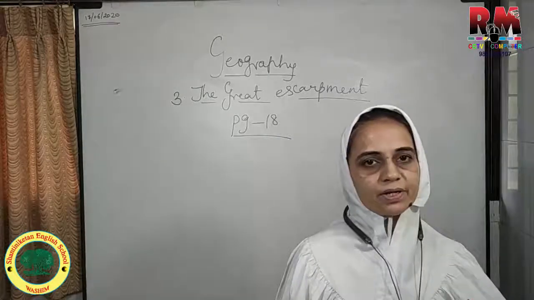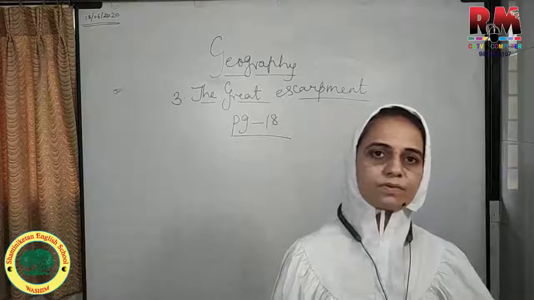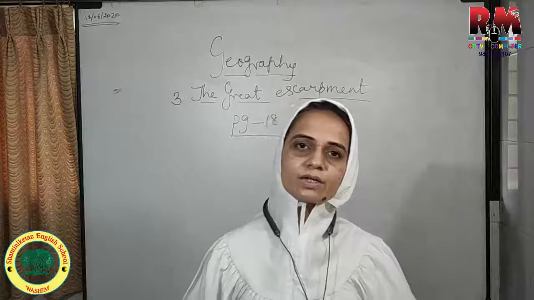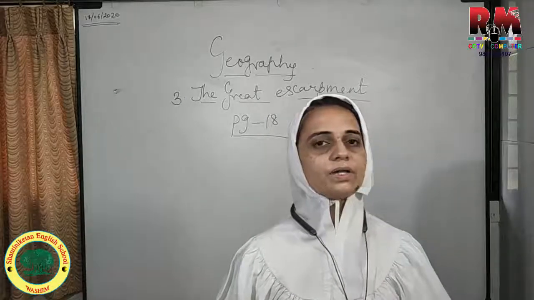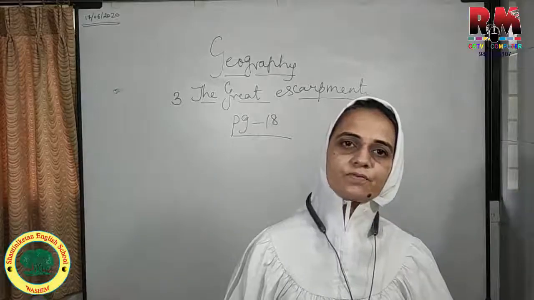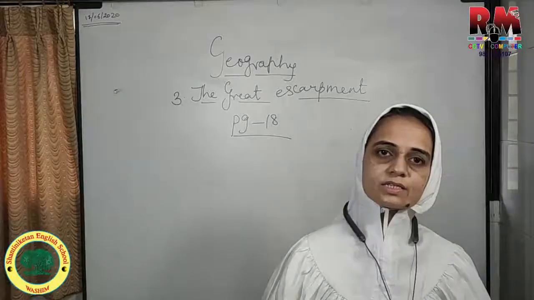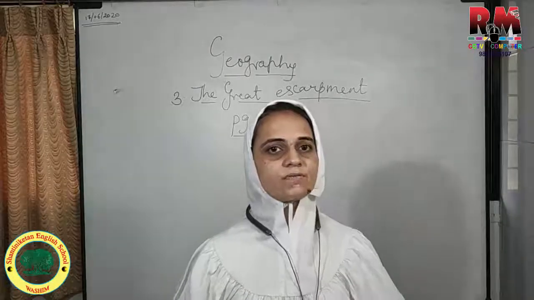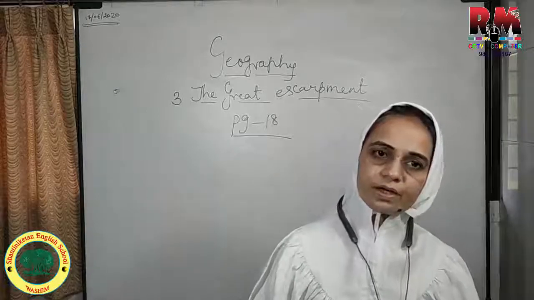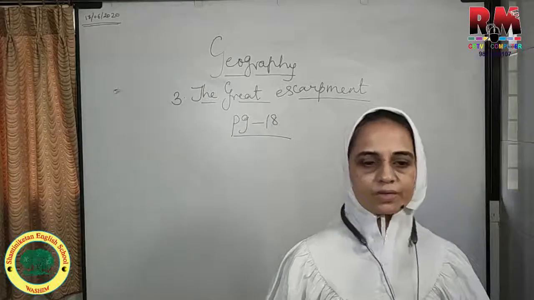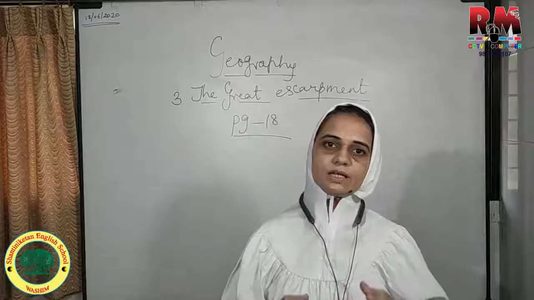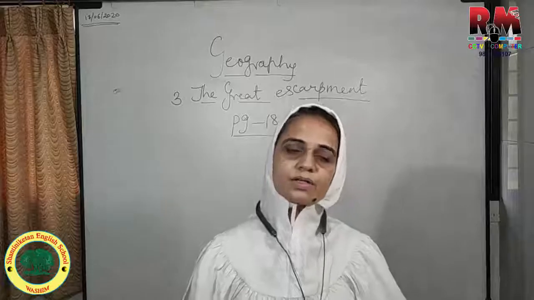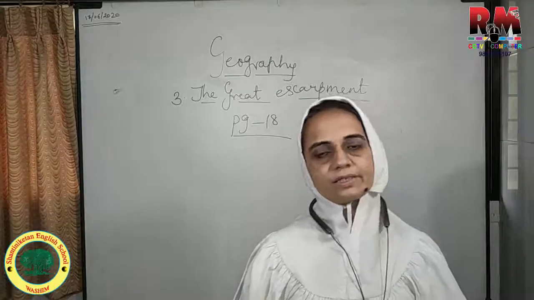So let us have a replica and a synopsis of what we are learning about the Great Escarpment and the coast. The Great Escarpment occupies a very small area because of its nature. What is its nature? It is sloping in nature, and it has an effect on the climate. Because of its effect on the climate, it forms a rain shadow area, also called the drought quadrilateral. The north part of Brazil is occupied by the Great Escarpment, where the altitudes are only up to 790 meters.